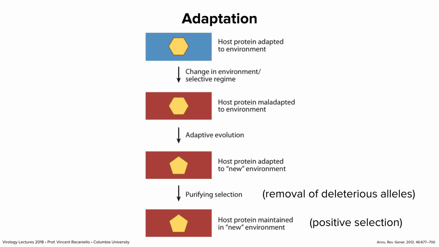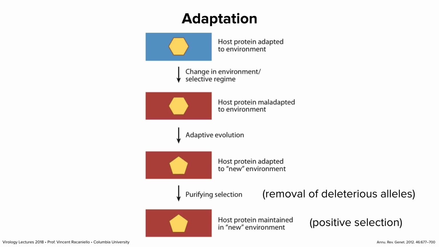And of course, Darwin's principle of natural selection we can now understand in terms of the gene being the unit of heredity and mutation. So for example, we have a host protein. Let's focus on a protein, not an entire host. It's adapted to an environment. Then the environment changes. If it's a virus, it's going to a new host or a new geographical location. And this protein is no longer well adapted to its cellular environment. It's maladaptive. But we know that all organisms make mutations during their reproduction. And so one of those that encodes a protein that's better